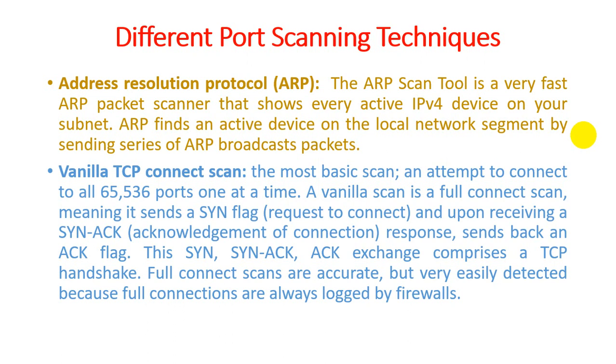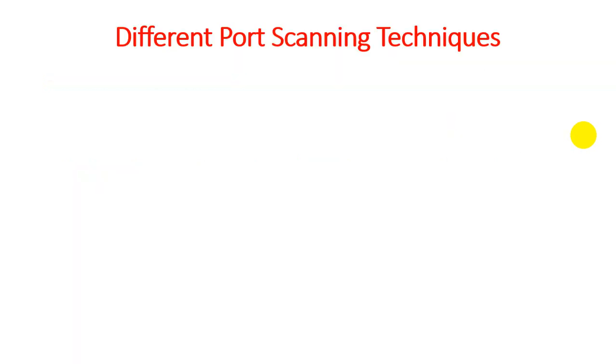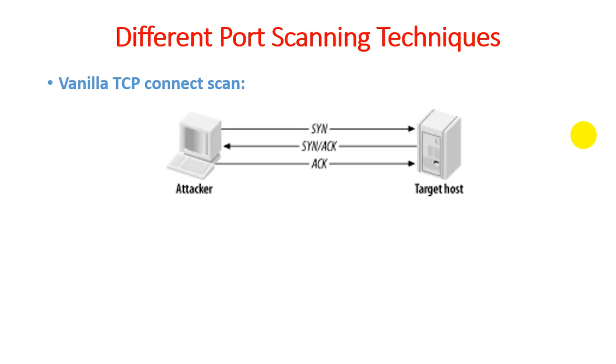But in a full scan, it should be really easy to identify unknown users who request to connect to our system. So it's basic and important, but if unauthorized users can perform those vanilla TCP connection scans, then they can easily be found on the internet, and they are unknowingly accessing. So let's see how a vanilla TCP connection scan works with the help of figures.